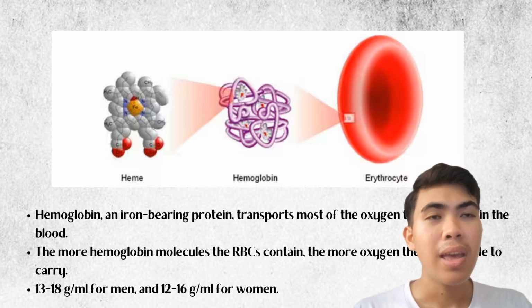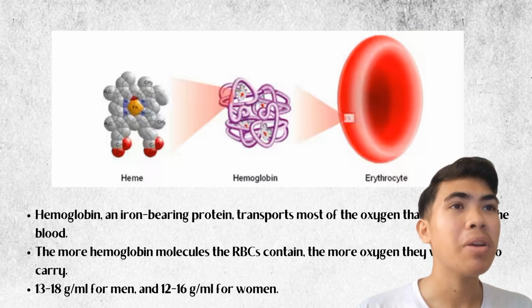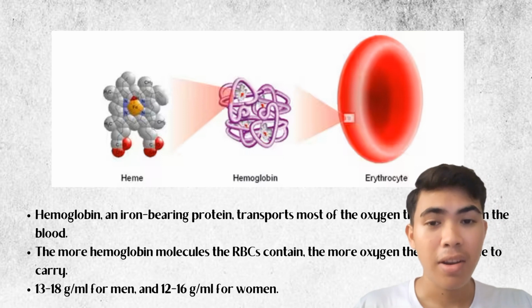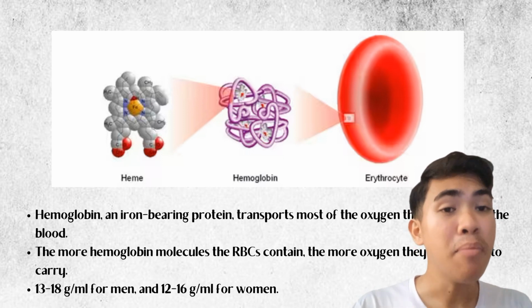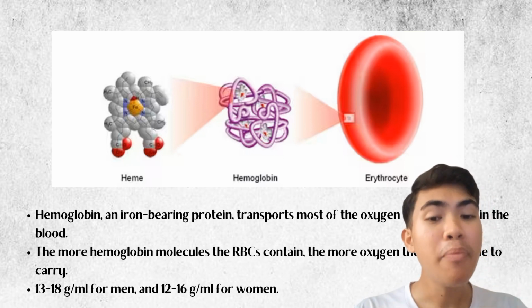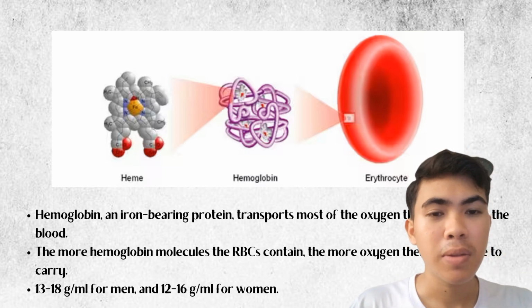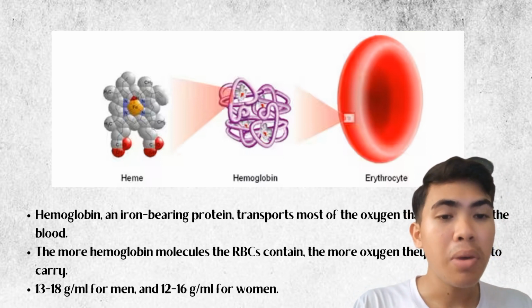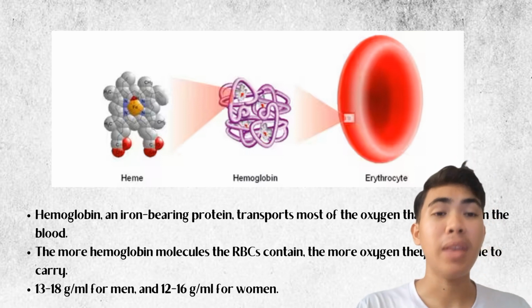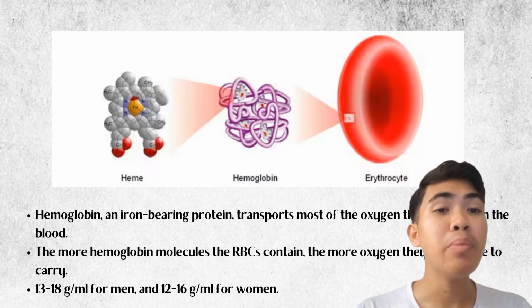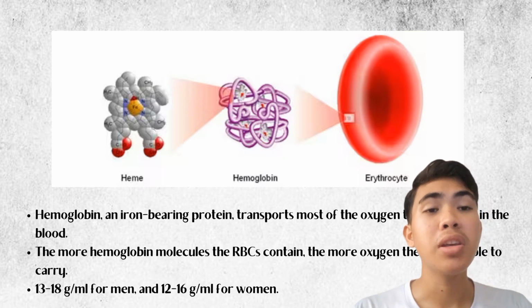It has a heme group, and the center of the heme group, as you've seen in the picture, is Fe, the element symbol for iron. Now, iron here in the heme group gives hemoglobin the ability to bind to oxygen molecules. And since, as I mentioned earlier, globin has four polypeptides, that means it has two identical alpha chains and two identical beta chains, and is capable of carrying four molecules of